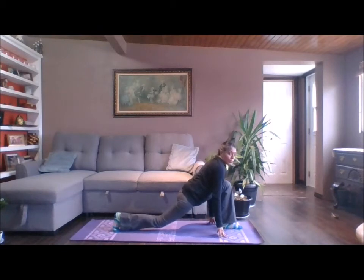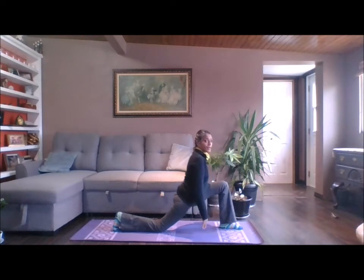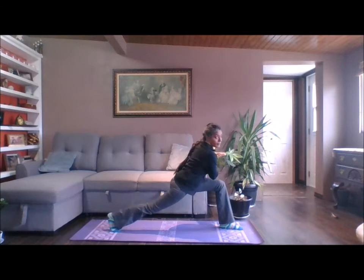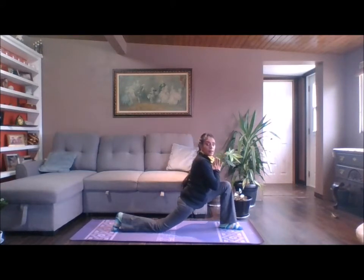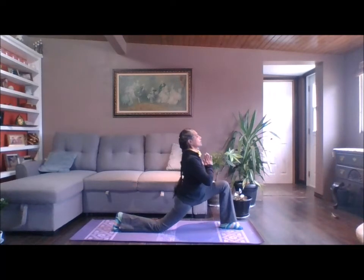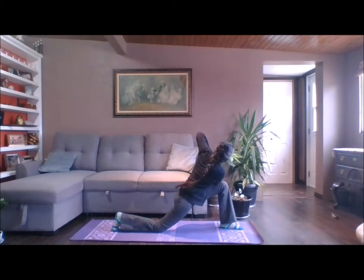Okay. Walk the right knee further back. Check knee over ankle. Okay, and remember, you can still be up like this and get into the pose. But if your hips are open and you're comfortable and you want to feel that stretch without injuring yourself, very important, sink into the hips. So bringing your hands up in front of the chest into prayer position, also known as Anjali Mudra, turning over to the left